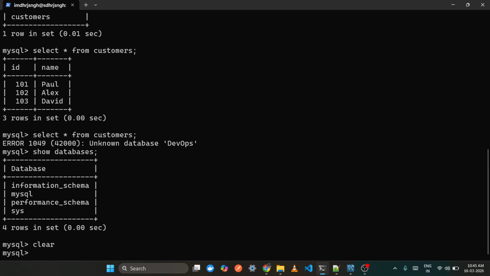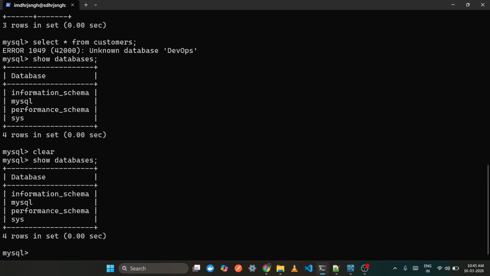Okay, what do we have to do? Firstly, I'm going to create it. Show databases. It means no DevOps database is there. We have to create it here. How are we creating it? We have to use here